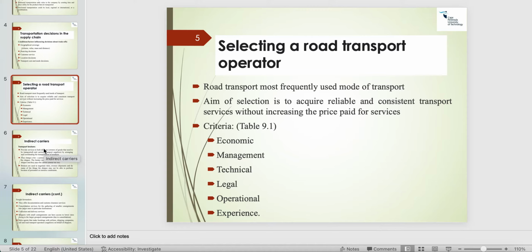There is management, the administrative part of it. How is the company's management? How do they view and value this mode of transportation? What are the technicalities involved in terms of maintenance, in terms of road safety? Then legal, obviously we all know the contractual agreements, the legislative agreements, and also a responsibility, who's going to be responsible.